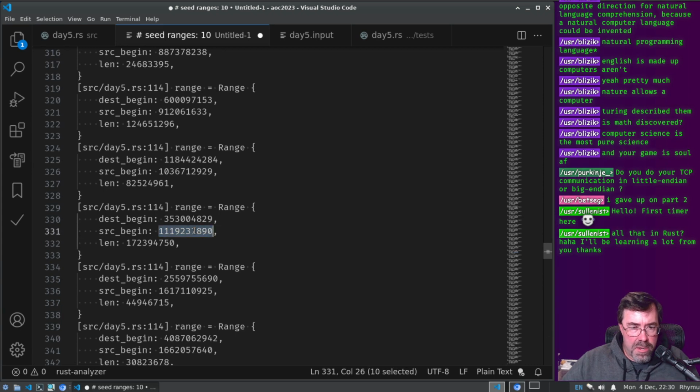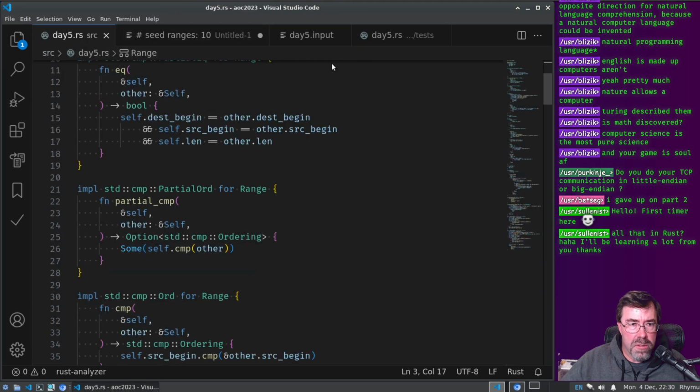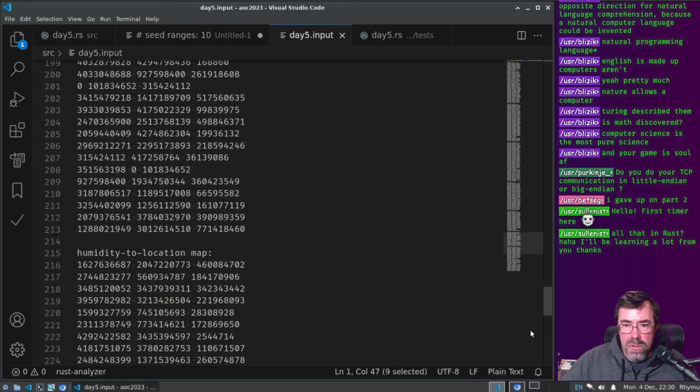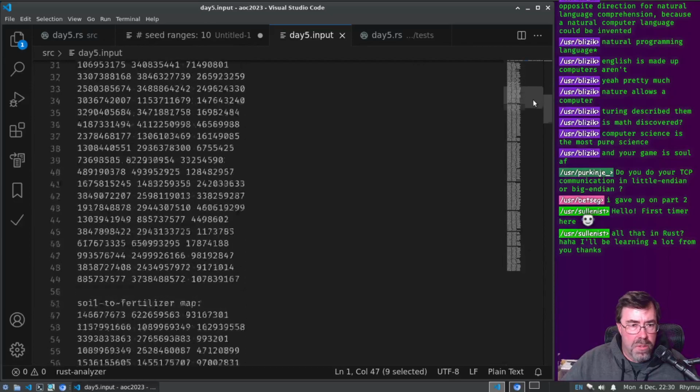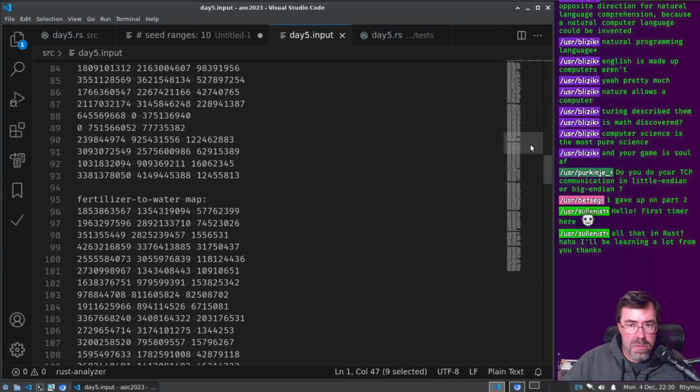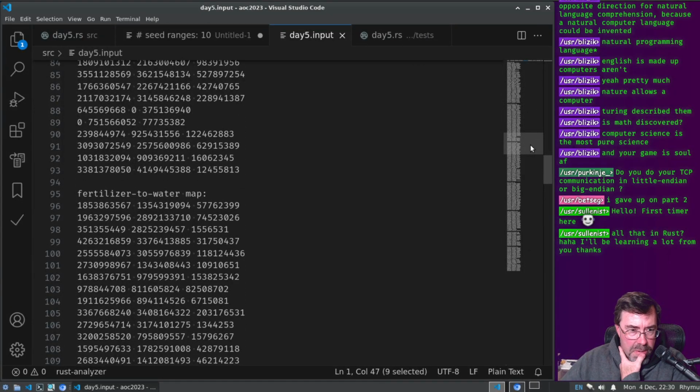So what's that plus this number? 129. Oh, there is a hole between there and the next range. And this is the third, 1, 2. It's the fertilizer to water.